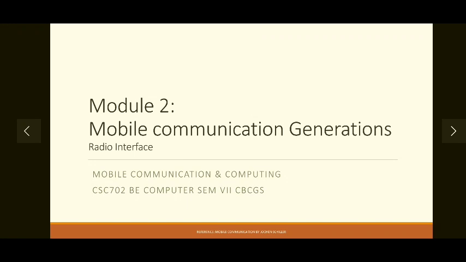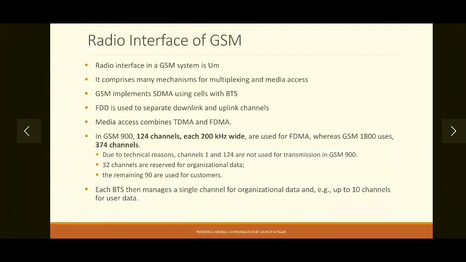So we are going to see that connection details or standardization done by the GSM for that wireless connection in this particular video. It is called the radio interface of GSM. Radio interface is a standardization of wireless connection between mobile station and base transceiver station. It is named as Um interface, which is the U interface of ISDN network adapted for mobility, and that's why the subscript is M. So Um comes from the U interface of ISDN network.